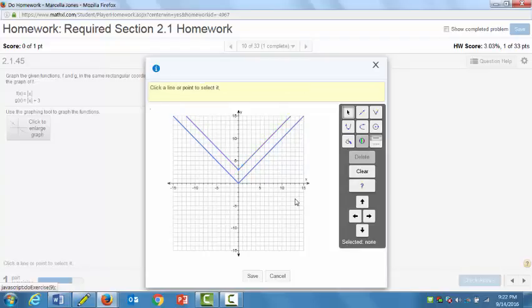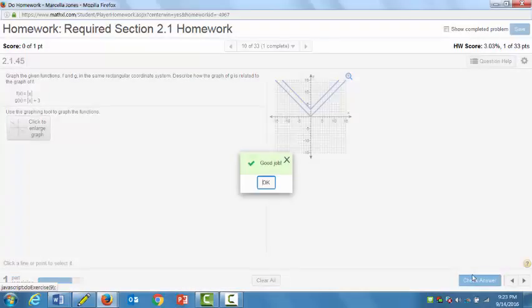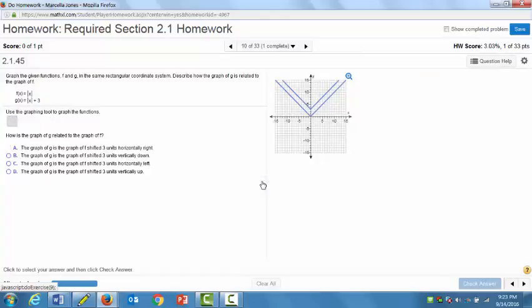And so that is my graph. I save. I check my answer. I got it right. And then I want to talk about the relationship. The graph of g is the graph of f shifted 3 units vertically up. And that was what we said